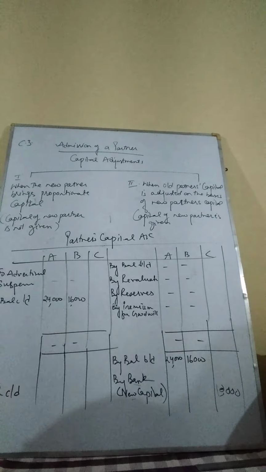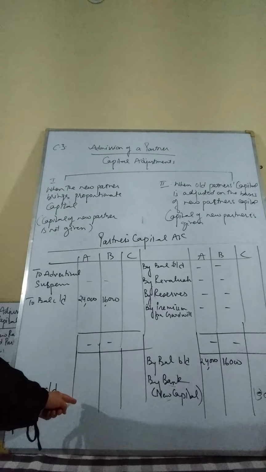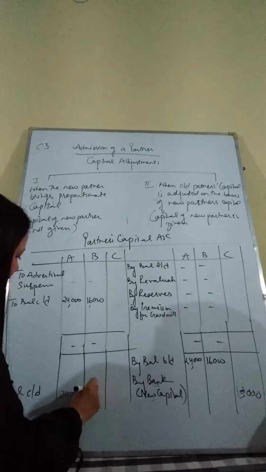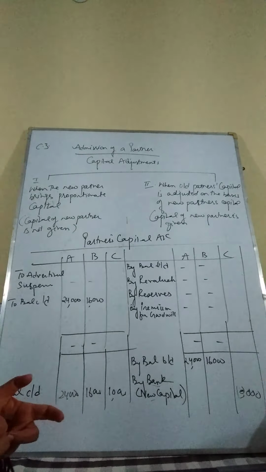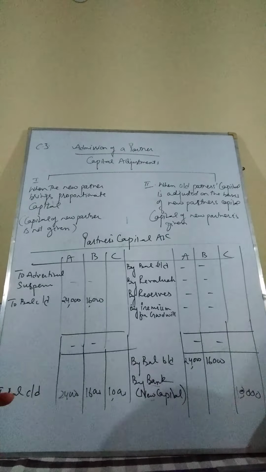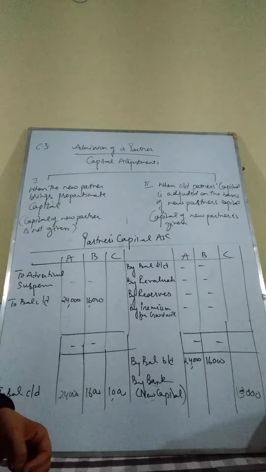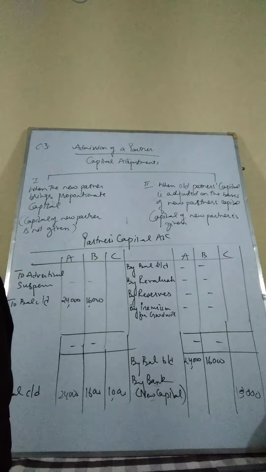And then again we are going to balance it to balance carried down on the debit side. We will again write to balance carried down on the debit side of partners' capital account as 24,000, 16,000 and 10,000. This is how the capital account shall be closed. I hope that you must have understood the first capital adjustment, the condition: the capital of the new partner is not given and the capital of old partners have to be proportionate. He has to bring proportionate capital. We'll see you in the next session for the second capital adjustment.